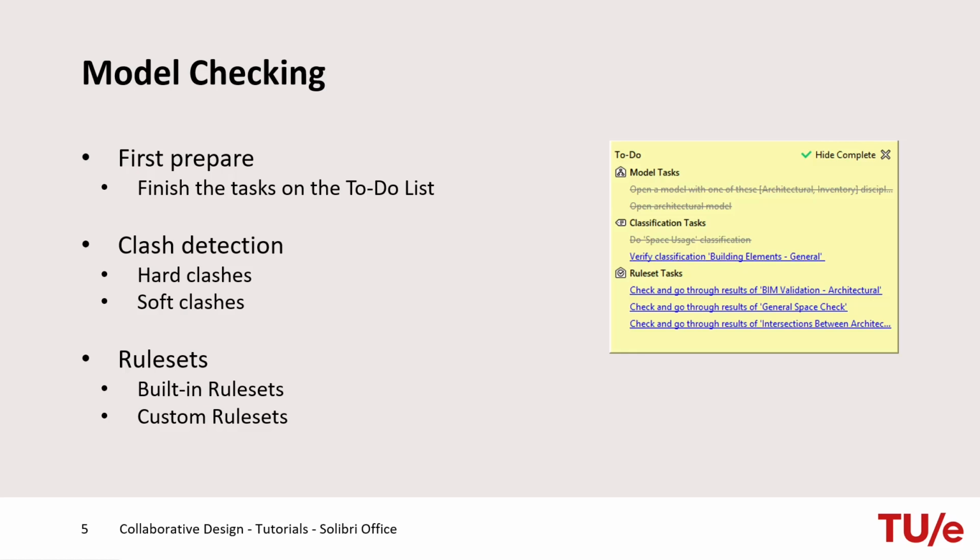Checking is based on parameter-based rules. Each rule checks a specific item from the model, such as component dimensions, collisions, and property values. Rules are collected into rule sets, and a rule set can consist of several sub-rule sets. There are two main ways to use rule sets in Solibri, both will be discussed on the next slides.